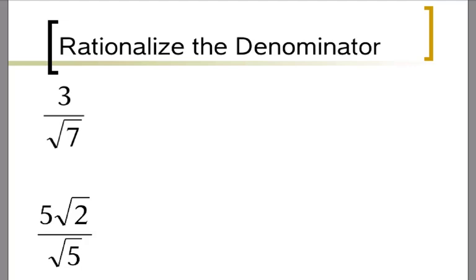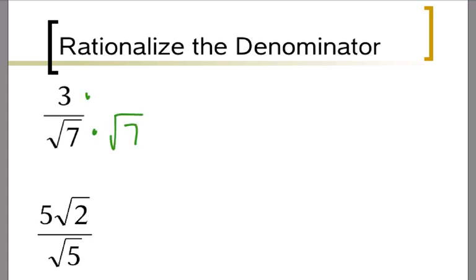Alright class, in this lesson we're going to learn about rationalizing the denominator, and what we're going to notice is that this square root of 7 is also called an irrational number. Our desire is to rationalize it, in other words make it not have a square root in the bottom. And we do that through a simple process of multiplying the top and the bottom by the square root of